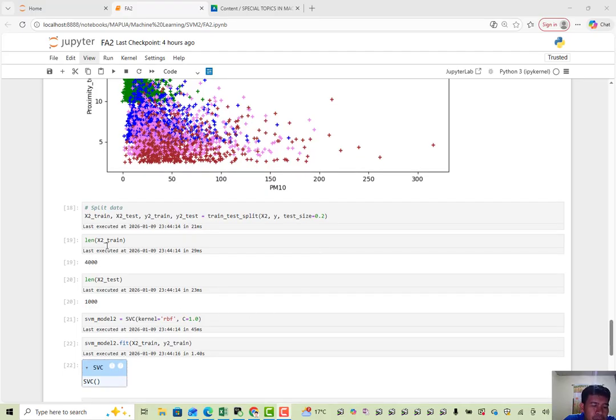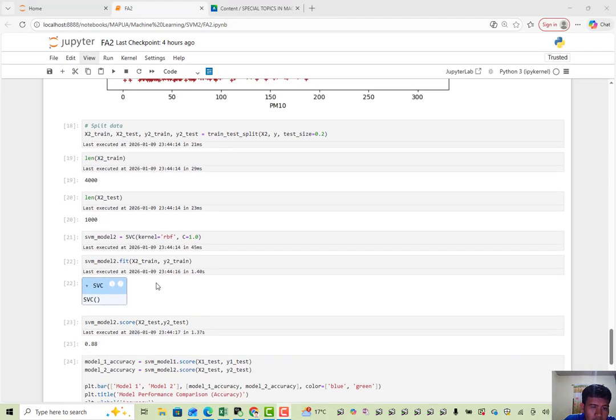Then I displayed the number of train and test samples. Then I created SBM model 2, loading the classifier with the same parameters as model 1.